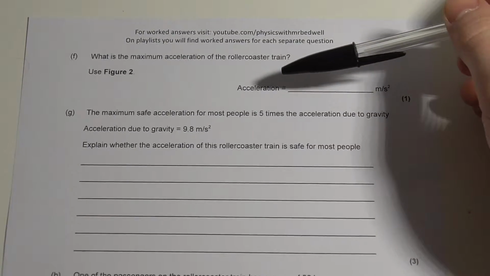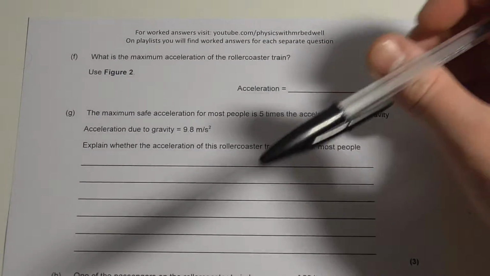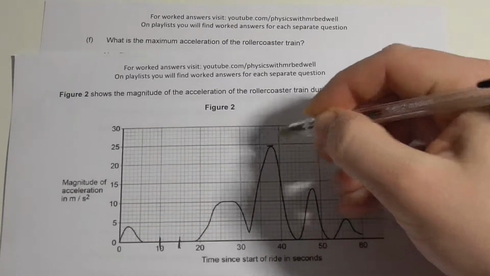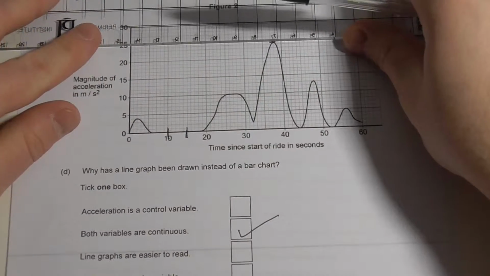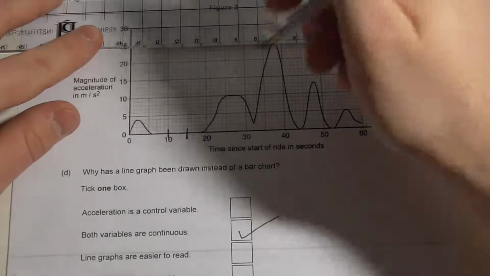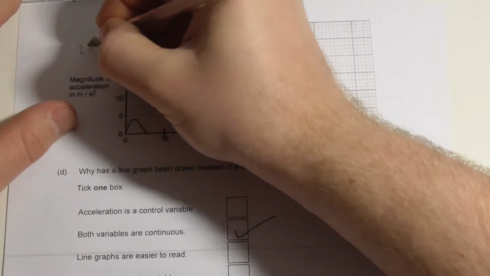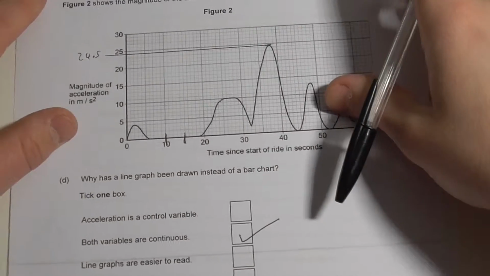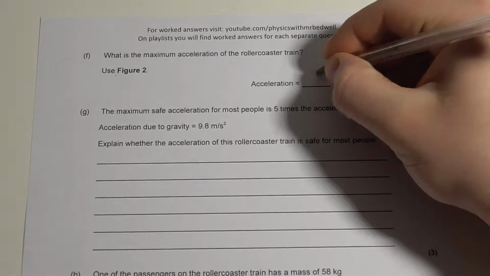What is the maximum acceleration of the roller coaster? Again, we choose our graph, our maximum here, and if we get a ruler and go across from that point, okay, that is 24.5. It's halfway between the 24 and the 25, if I could draw a straight line. So that would be